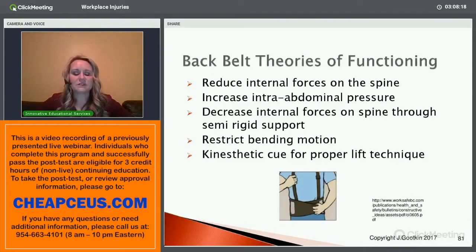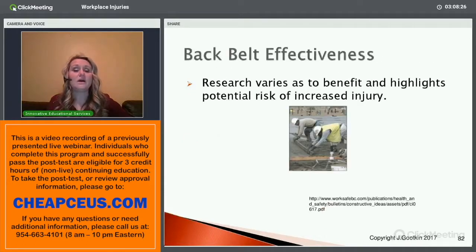And what a lot of the research ended up saying is that essentially it's a kinesthetic cue. It's like that soft cervical collar that the person can compress through if they want, and it needs to be on appropriately. The research really varies. The studies are all over on the effectiveness of the back belt. And what we need to find is that the education still needs to be there, that that's just a cue,